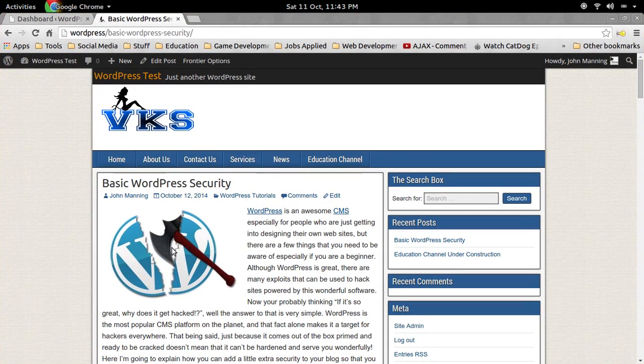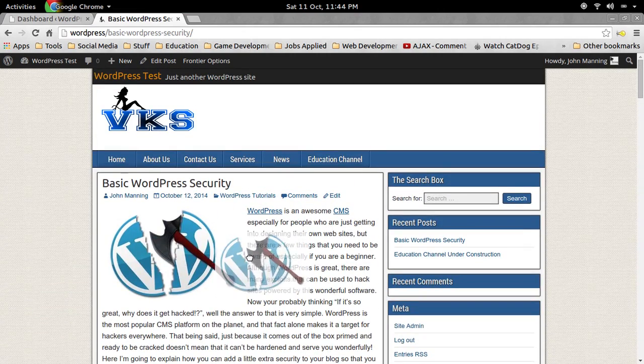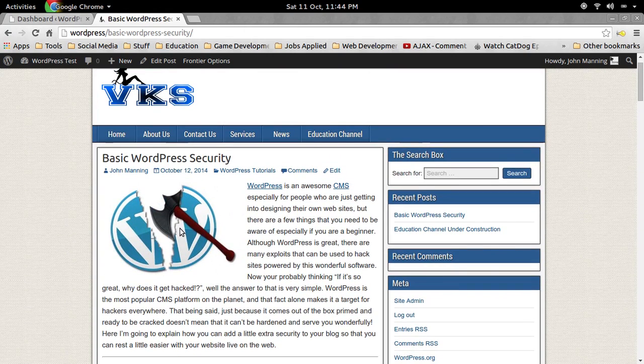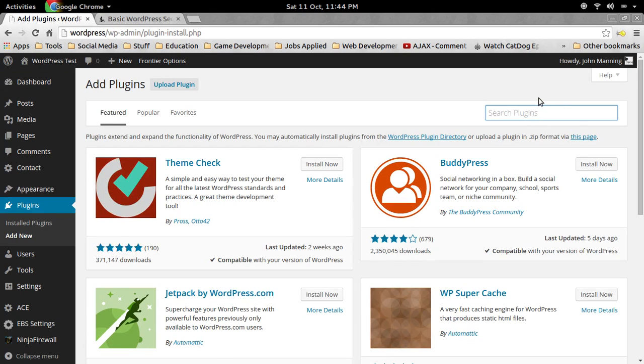I'm going to show you how to add a little bit of flair to your posts. Right now we can see we have the images and everything, but it's not really all that interactive, and it just kind of sits there. So I want to make this a little bit better. I want to make it pop up in a Lightbox, and there's a really versatile plugin that I like to use for WordPress, so I'm going to come over to plugins and add new, and I want to add the WP video Lightbox plugin. So I'm going to go ahead and go over there